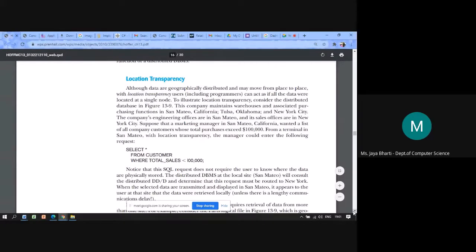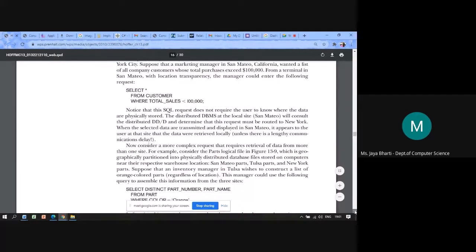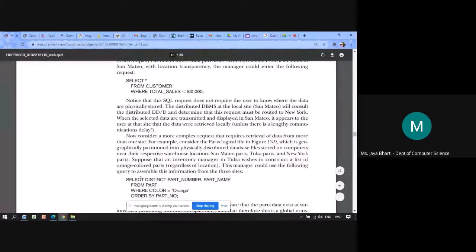Internally the request is routed to New York City, and the response comes from there, but the user is unaware of all these complexities, of where the actual result has come from. That is location transparency. They have discussed another, more complex example; you can read it later for your knowledge.